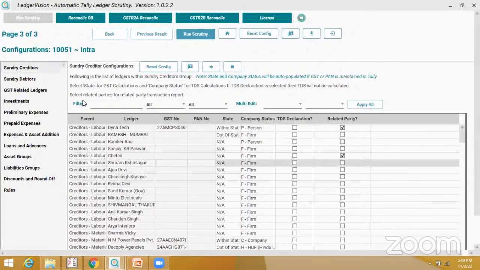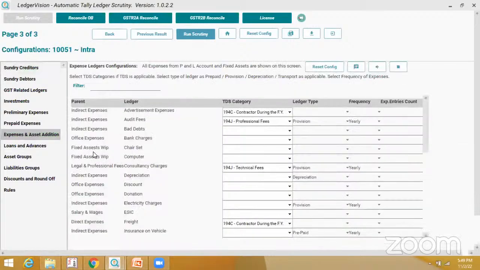Okay, so here is the data, creditors level. I will explain the important ones, like expenditure and asset addition. These are the ledgers in the expenditure and asset addition window. These are all the fixed asset ledgers as well as P&L expenditure ledgers. So the software automatically detects the